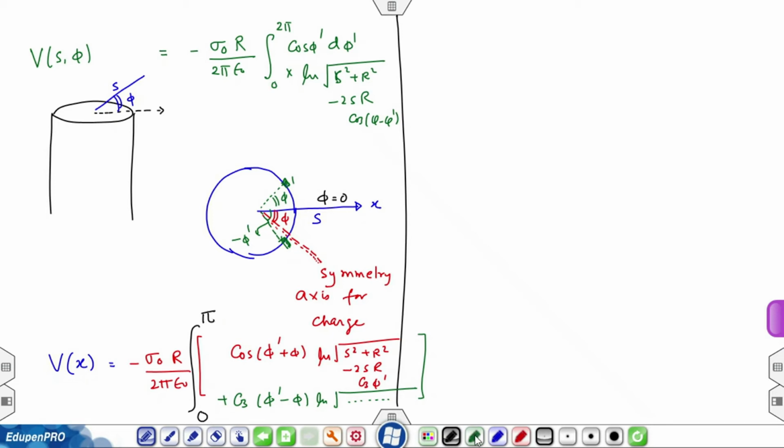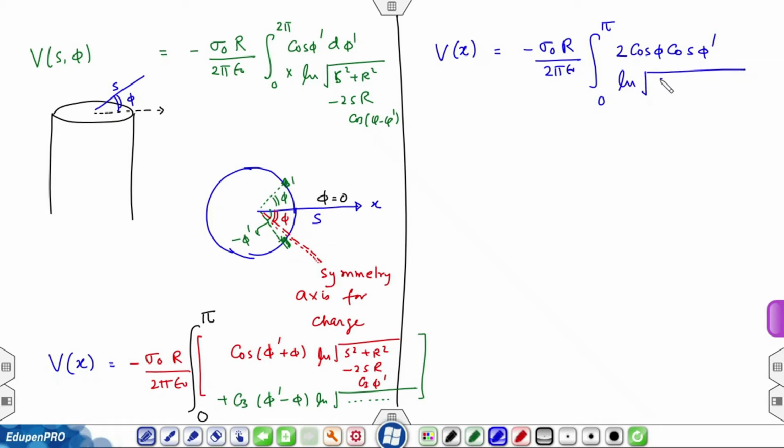So, my answer now, if I add this whole thing up, comes out to be V at x is going to be minus sigma naught r over 2 pi epsilon 0 integration 0 to pi cosine phi prime plus phi and cosine phi prime minus phi give me 2 cosine phi cosine of phi prime, and the log term is common, square root of s square plus r square minus 2 s r cosine phi prime,